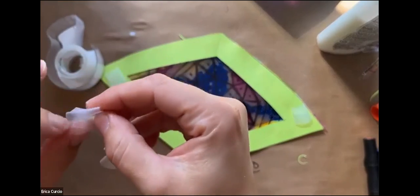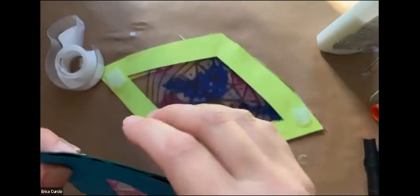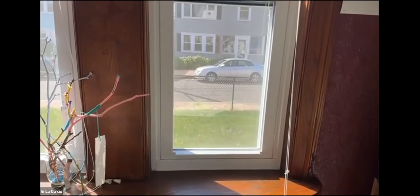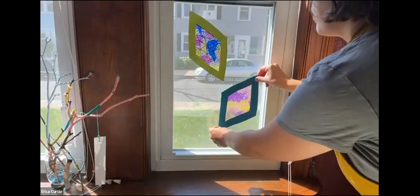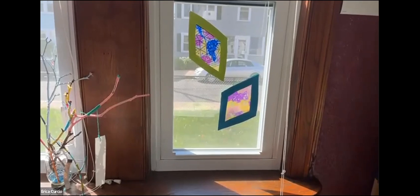So the last step that you'll do later is you want to just put it in your window. And so what I'm going to show you is I'm actually in front of a window. I'm going to move this so you can see the window. See my view of another house. And we can put this in the window. You can kind of see how it looks a little bit different in the window than it does. That's fun though. You can make different